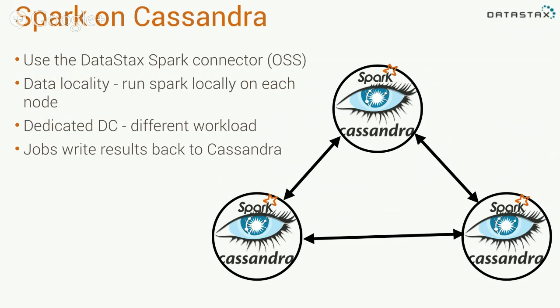To answer your question, one of the things that's really nice about Cassandra is that you can easily run multiple data centers. Because it's such a different workload, you're typically going to want to have one. It may be a virtual data center, but you'll probably have one virtual data center for your real-time stuff and one virtual data center for your analytics work. That's typically the best way to do it.